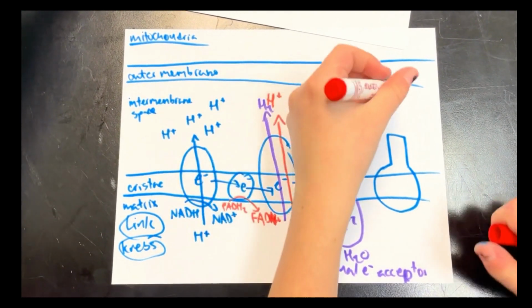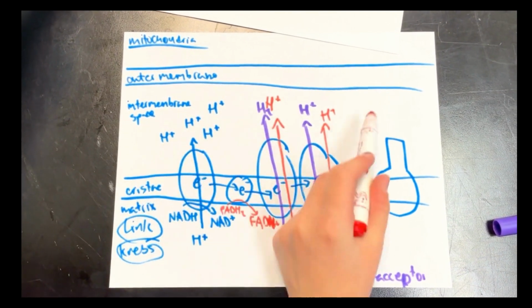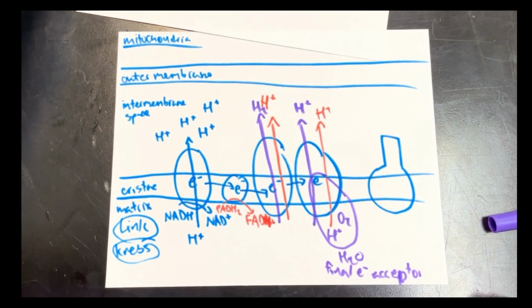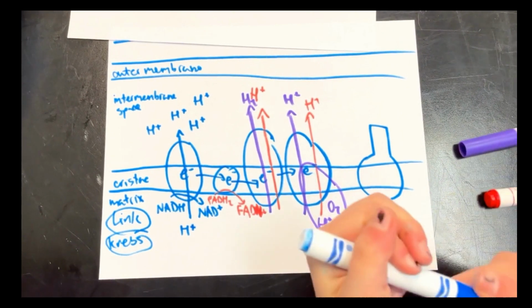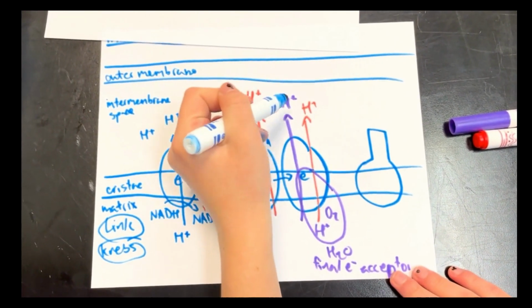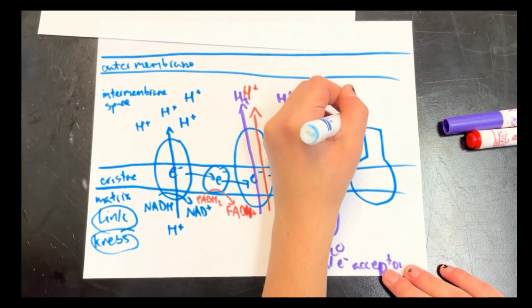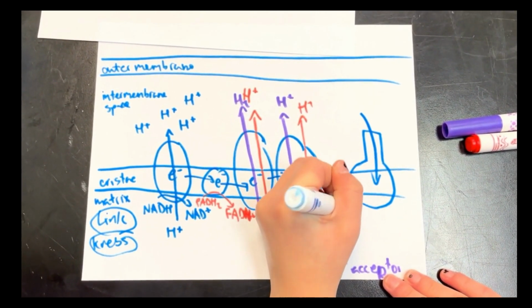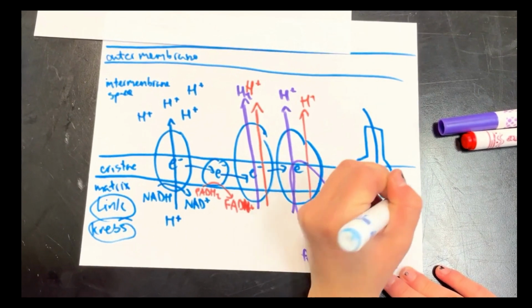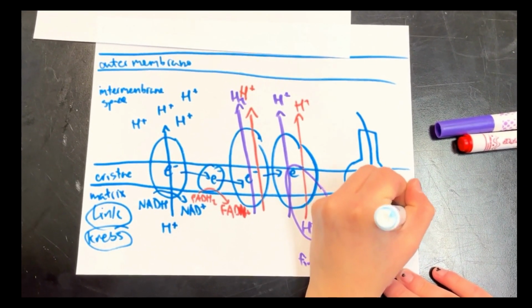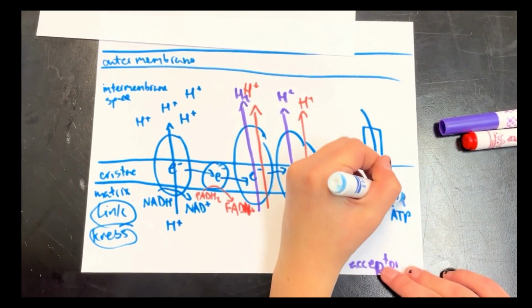So then on the outside, you have this electrochemical gradient with a lot of hydrogen ions on the outside, and then you have an ATP synthase, and then so the electrochemical gradient powers the ATP synthase, and then you have ADP, and then that gets phosphorylized into ATP, which is